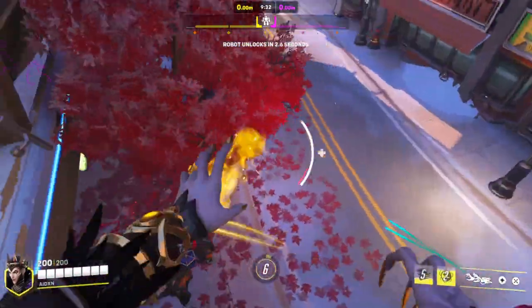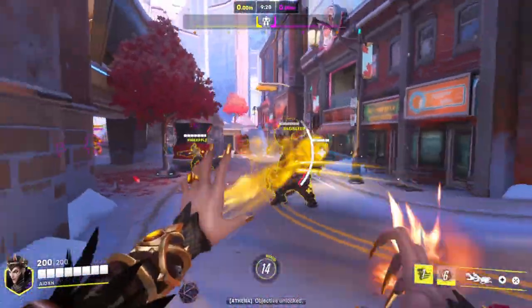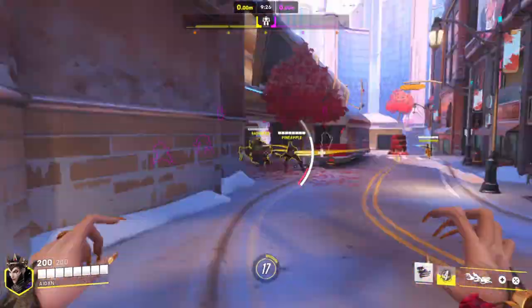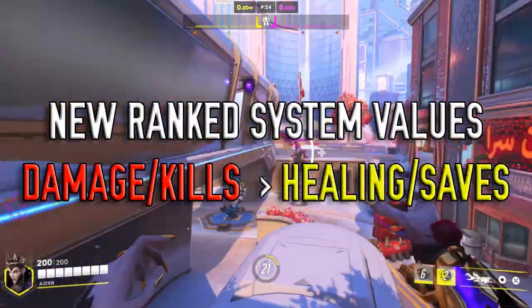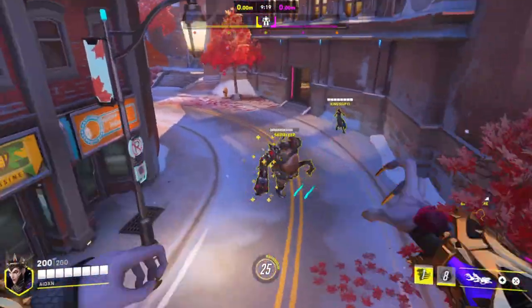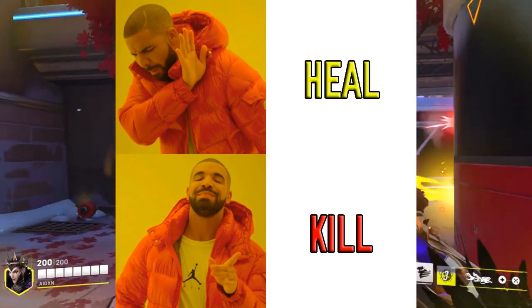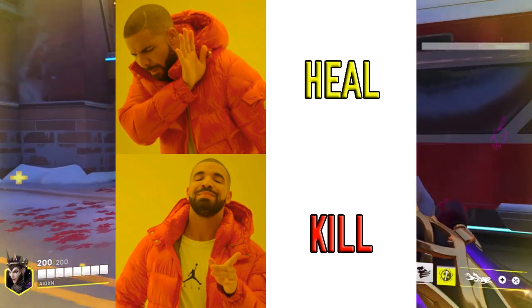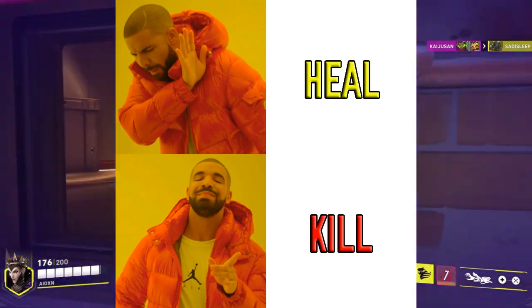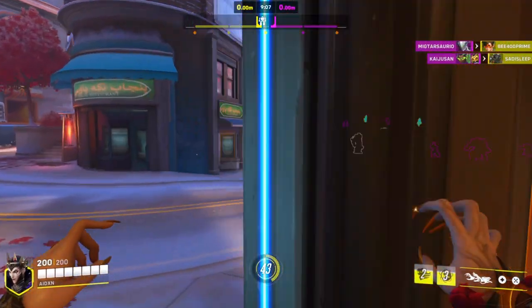But the weirdest thing about playing support in ranked matches isn't the mixed messages you get from your other teammates during the game, it's the fact that the new ranked system values damage and kills over healing and saves. So what do you do? Well, actually it's quite simple. You ignore your teammates and do damage, single-handedly causing your team to win because you're carrying the rest of the team. If your DPS can't secure kills, do it yourself, and one of the best supports to do this with